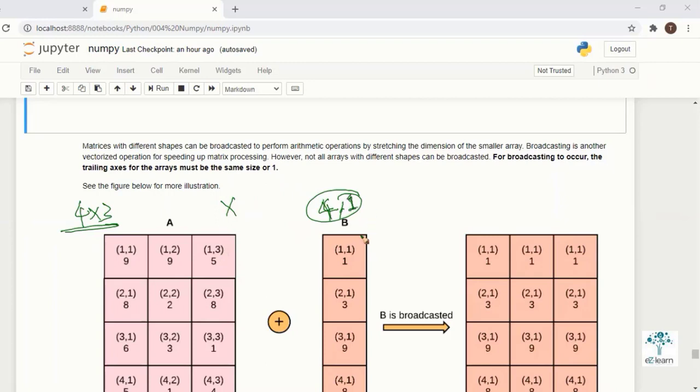The trailing axes of the arrays must be the same size or 1. Here it is 1, so this array gets broadcast to 3 columns.